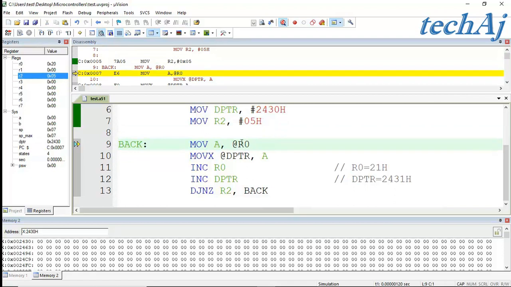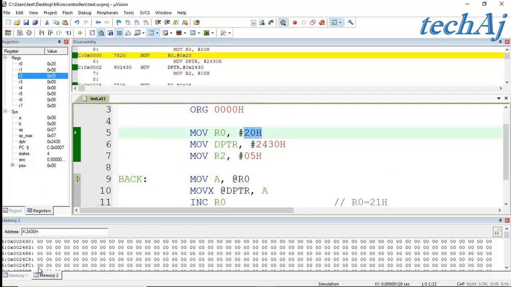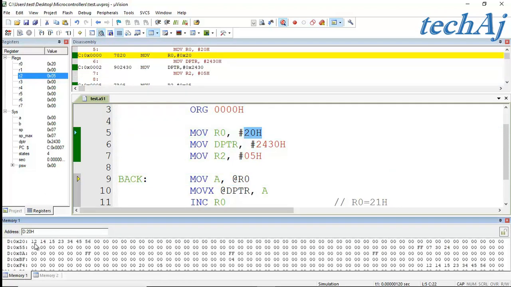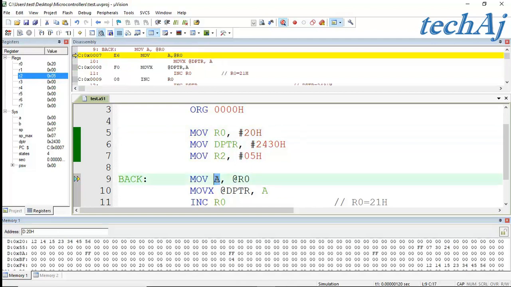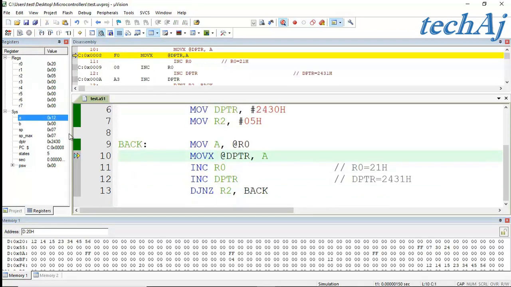In the next step, from the address pointed by R0, that is nothing but 20H, our address 20H is having the value 12, will be copied into the accumulator. So accumulator, which is initially 0, will get the value 12. Okay?